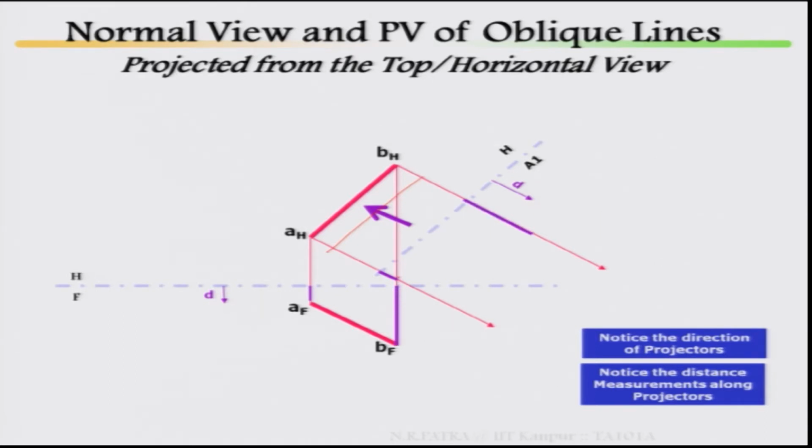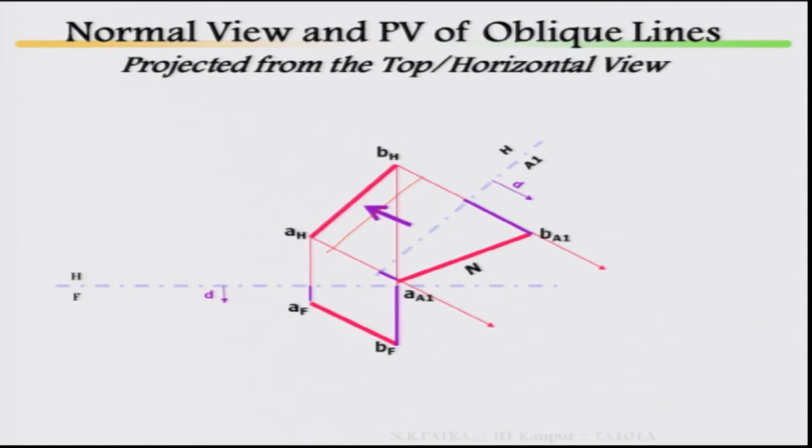Then similarly, the B point distance has been taken from here to here, here to here, you make it. Then draw the lines AA1 and BA1, this is your normal or true length. This is your true length with respect to your line in top view. Then take this with respect to this, take your normal view where it is parallel to your line, then draw